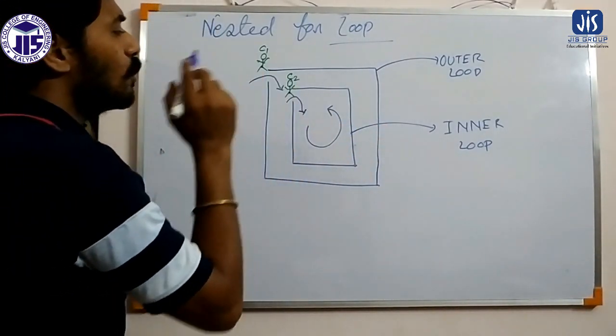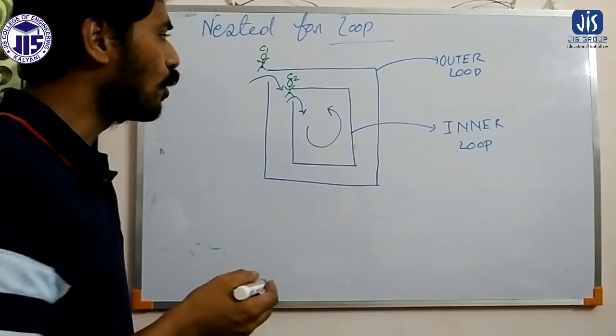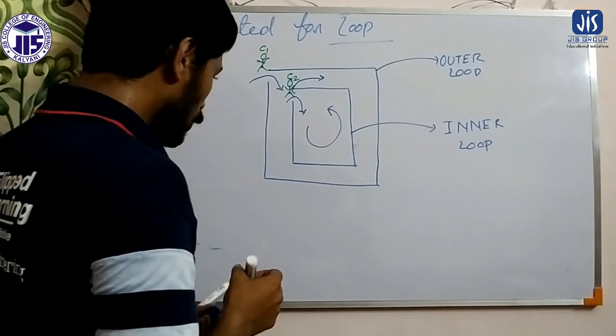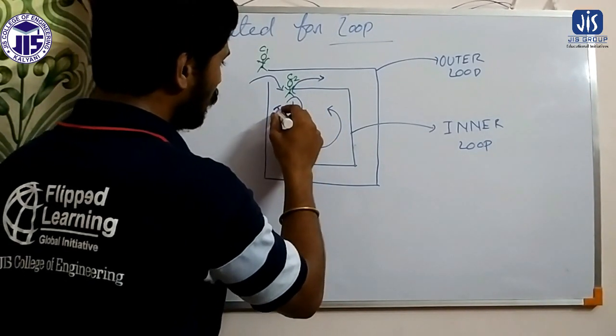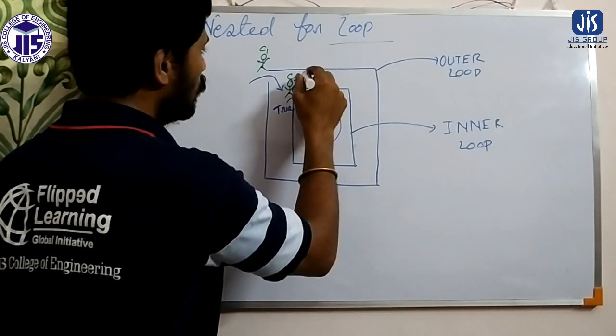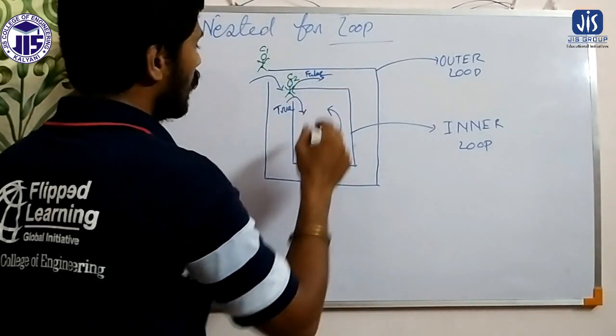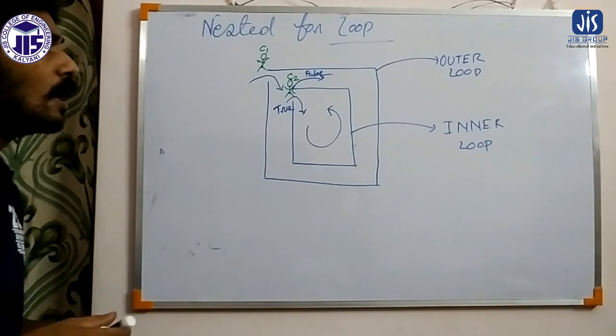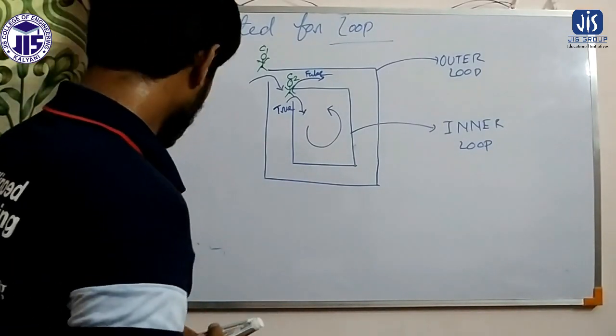Now when the condition will be false, then it will get out of the loop. Okay. So this is for true condition we enter, and for false we get out of the loop. So when the condition is false, we get out of the loop. After getting out of the loop,